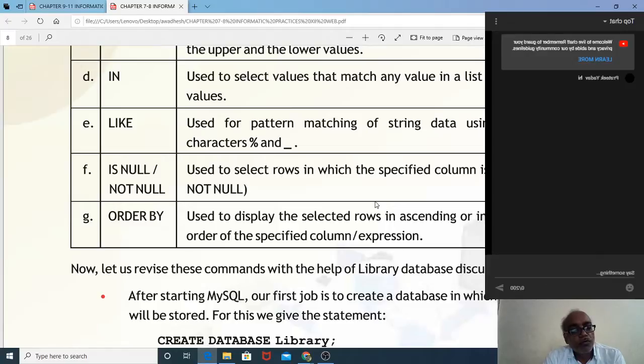So what you have to keep in mind is that with null there is no equal to. There is only IS NULL and IS NOT NULL. These are the two things which come. So never use mathematical equal to with null.